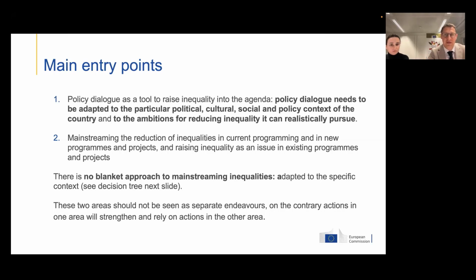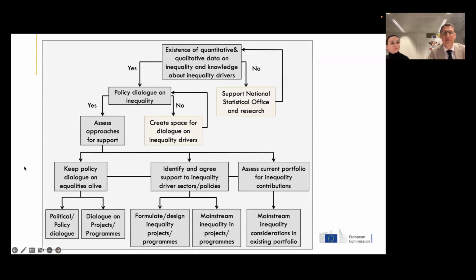Obviously, there's no blanket approach. This is all context specific, and we'll look at the decision tree that has been designed for you in just a minute. But do see these two big areas as completely complementary and mutually reinforcing. That's a decision tree that you will find in your reference document. Obviously, here you end up with most of what we usually do: design and implement through your work in delegations, political and policy dialogue, dialogue on projects and programs, formulate and design inequality projects and programs,